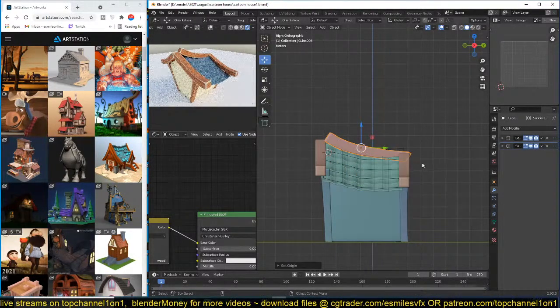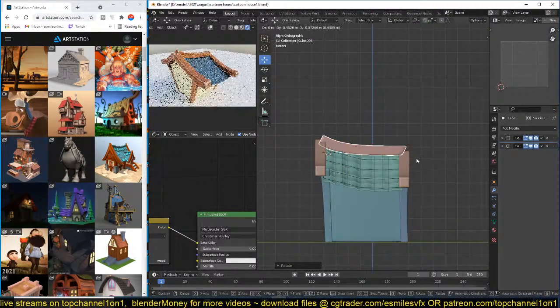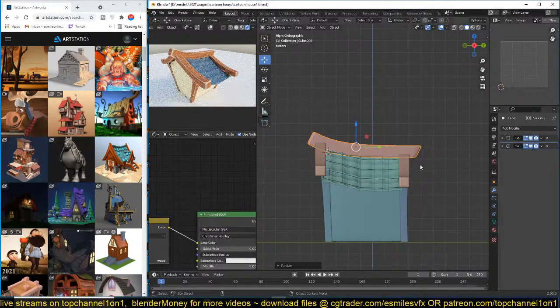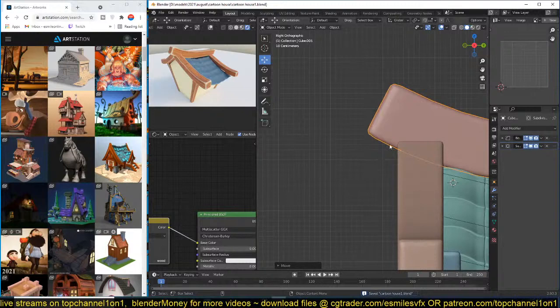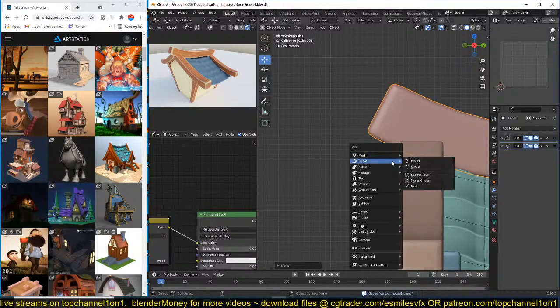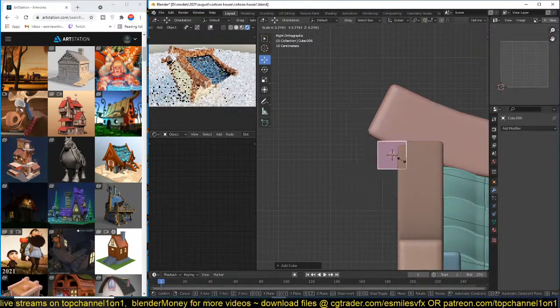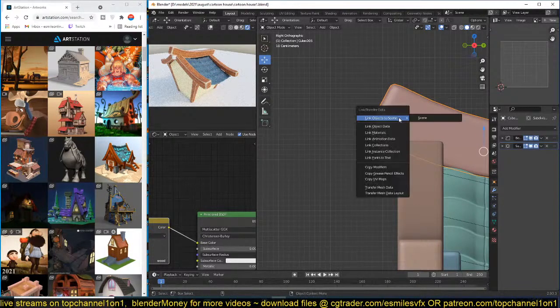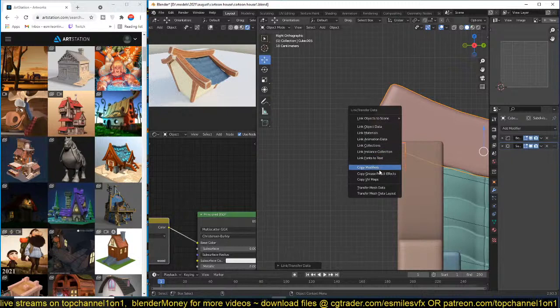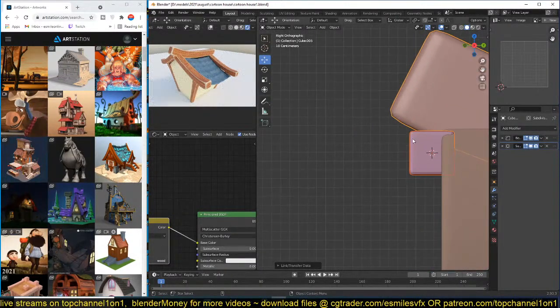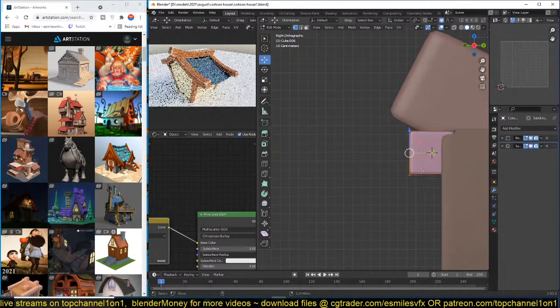Set the origin to geometry so that I can rotate this much easier. And then we can do some fun stuff here. We can add something like a cube, give it the same material, same modifiers, and we can, I'm going to use,